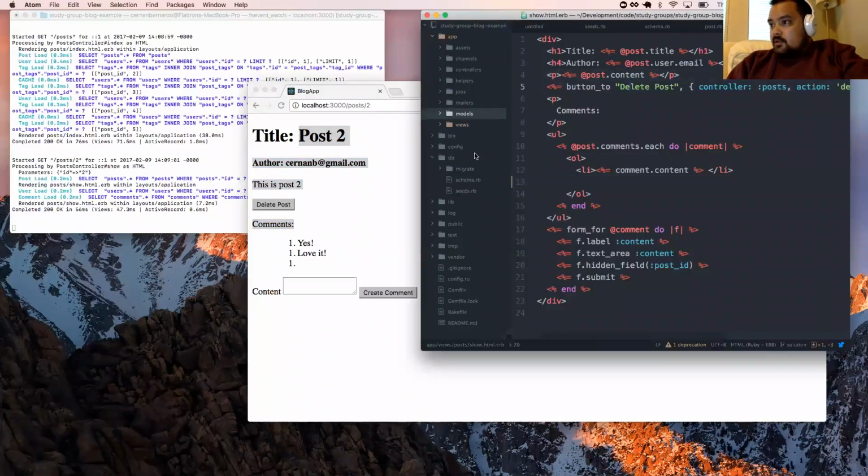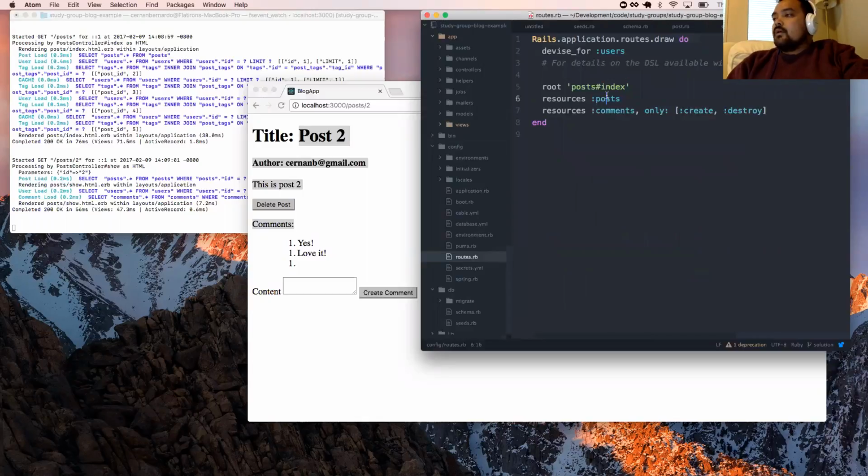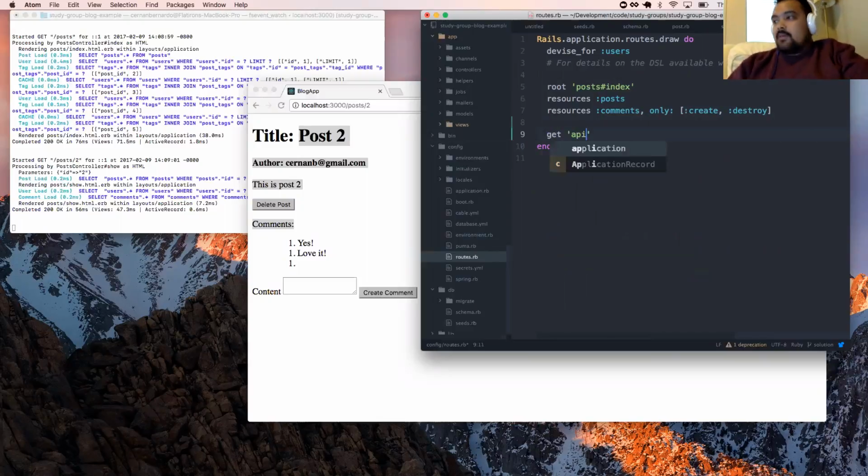So if we take a look at my routes right now, we can see the only routes I have defined are resources for posts and resources for comments. So any route that responds with JSON, I want to attach an API namespace in front of it. And again, there's a number of ways we can do this. I'm just going to do the most contrived way, and then from there, you guys can formulate your own patterns and how you want to implement these particular